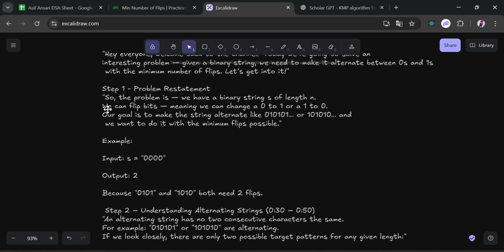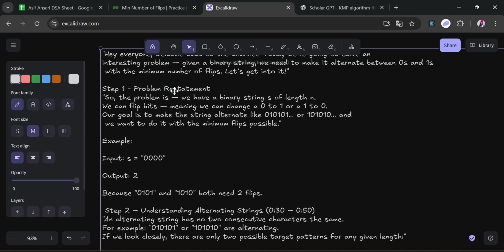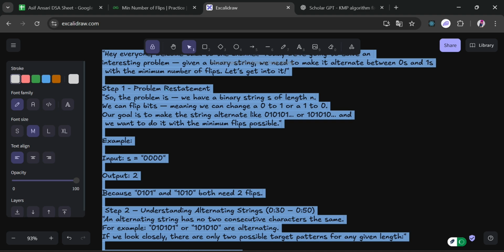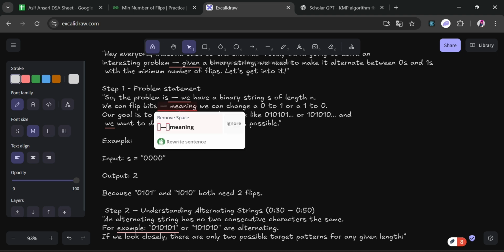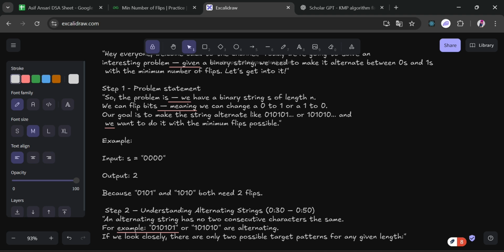Step 1, problem statement. We have a binary string of length n. We can flip bits, meaning we can change a 0 to 1 or 1 to 0.